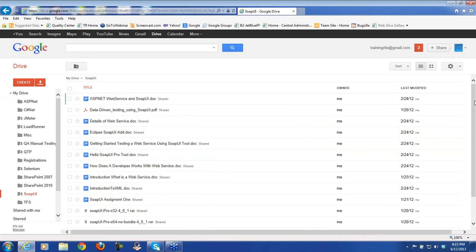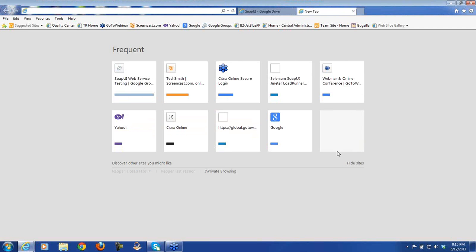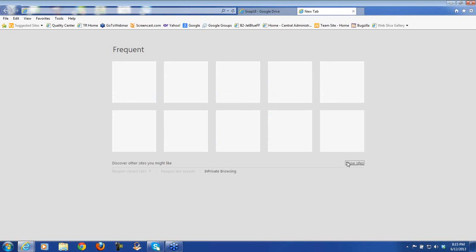These are Word documents or PDF documents covering different topics. So in your leisure, just read these documents. They will help you a lot as to how we do certain things. Okay, now as far as the software is concerned, we are going to do web service testing,